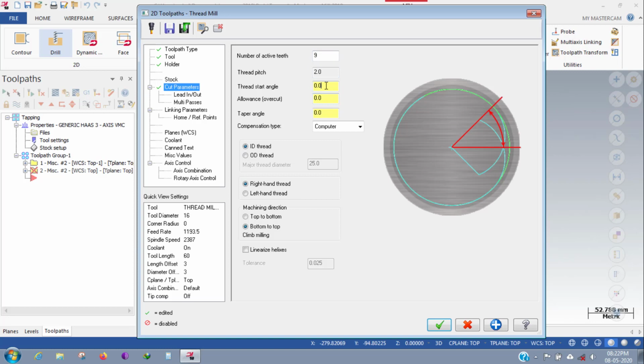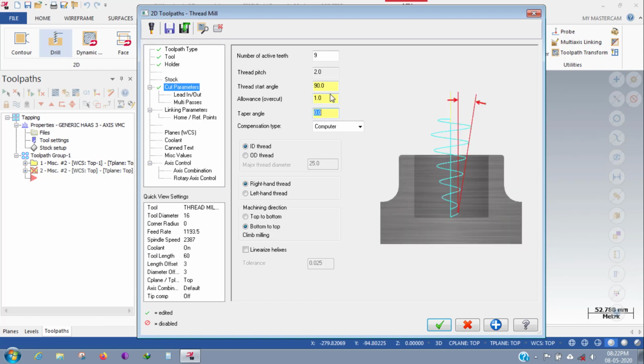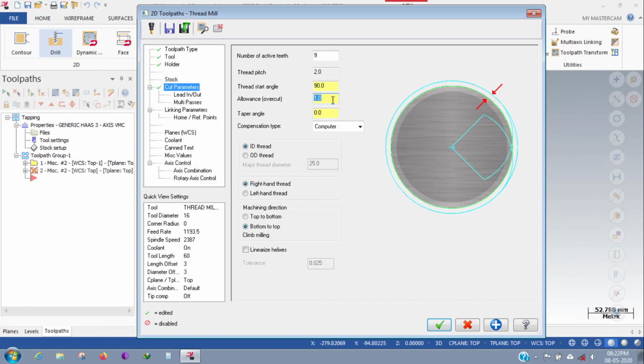If you have any start angle, you can give it; I am giving 90. For allowance to overcut, what is the mm to be taken per side? The pitch is 2 mm, so I am giving 1 mm overcut; otherwise you can give 0.5.